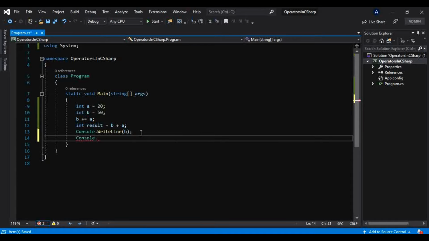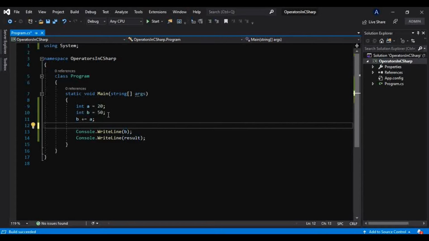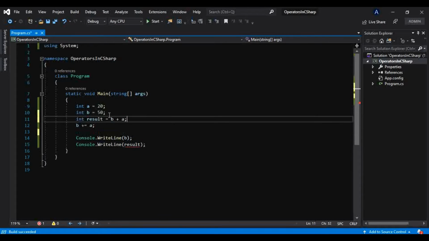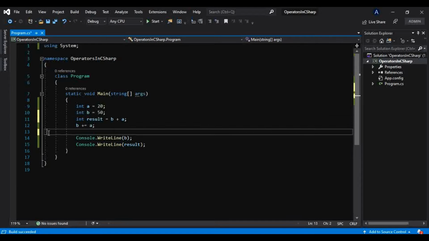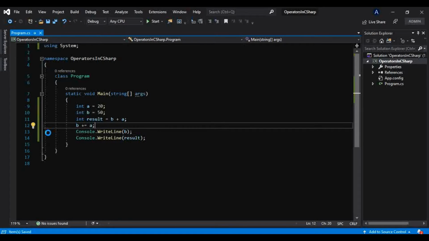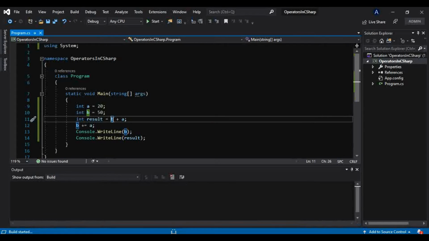Let me take another Console.WriteLine and print that result as well. But let me take that line before this, and I will tell you the reason why I am doing it. Because b is already containing the addition of these two numbers, that is why I have to take this here. I will show you that, don't worry.